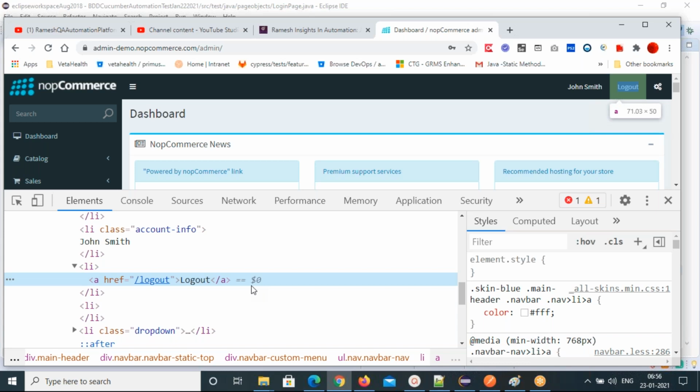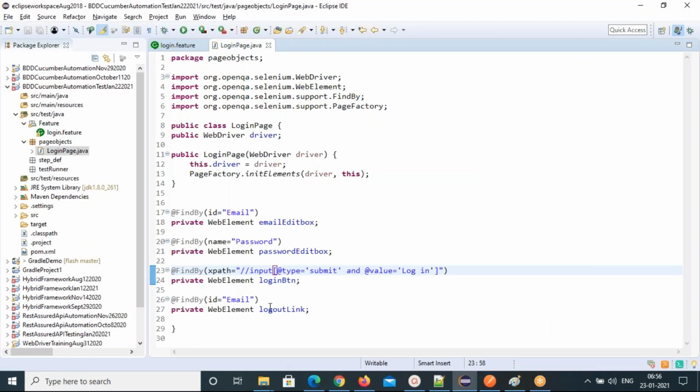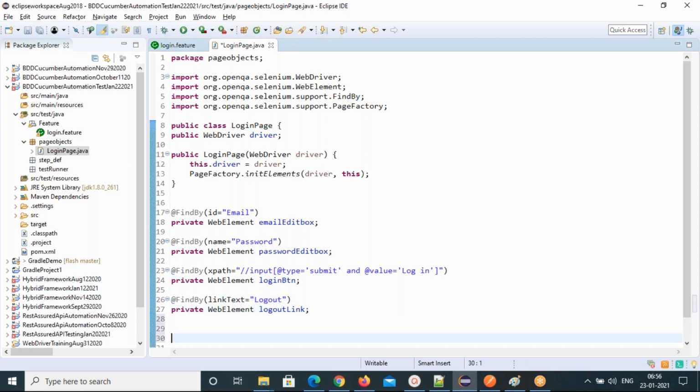You can say simply link text. So I can put link text, this one, logout. So these are the elements we have defined.